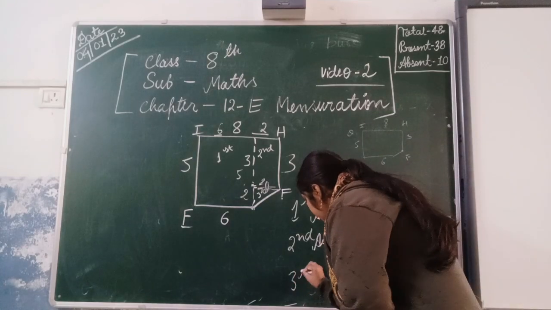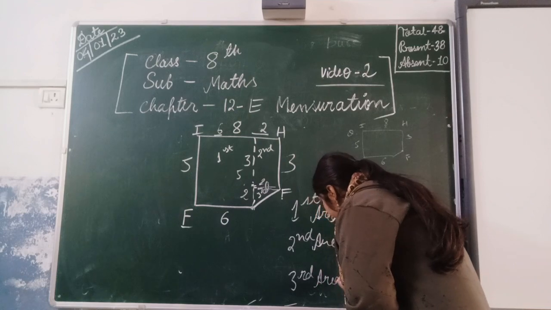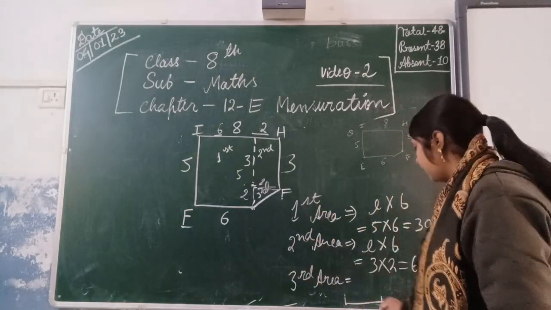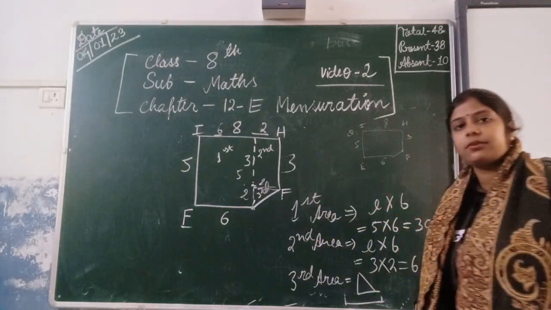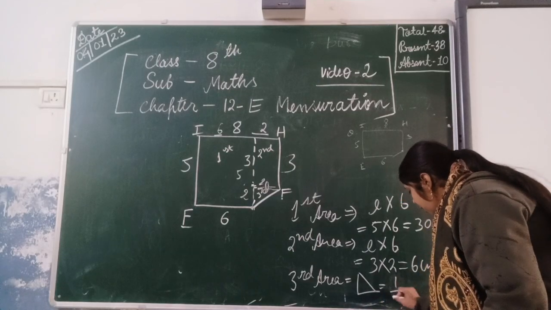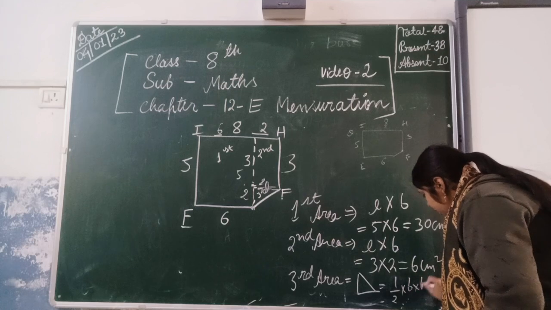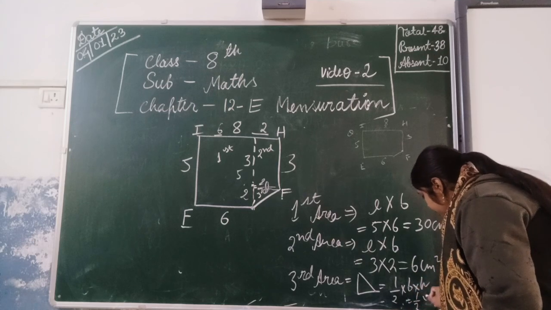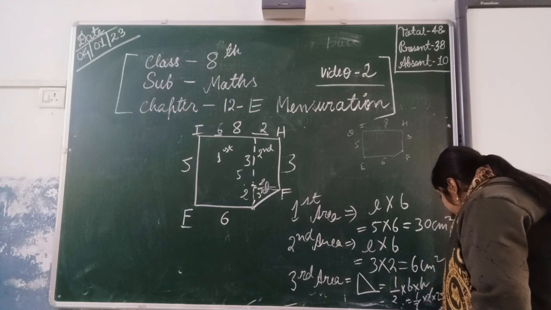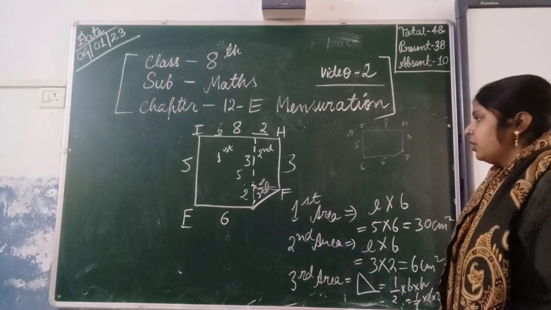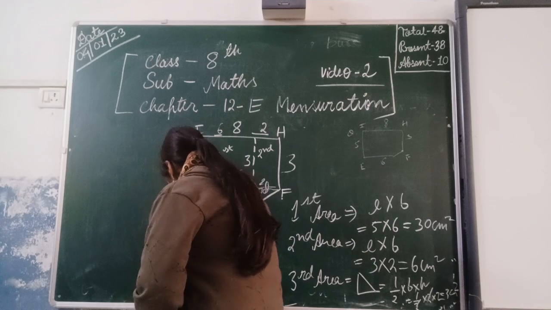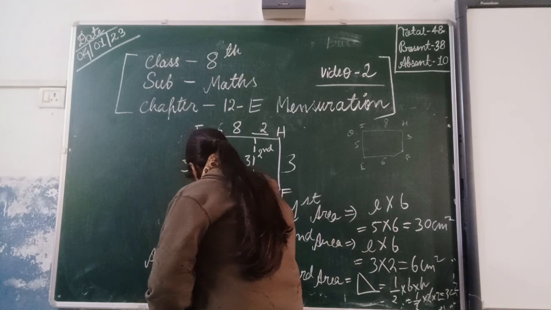Similarly, the area of the third shape. As you see, base multiply height, which is half multiplied 2 multiplied 2. So 2 will be cancelled. It will come 2 centimeter square. So the complete area will be the first plus second plus